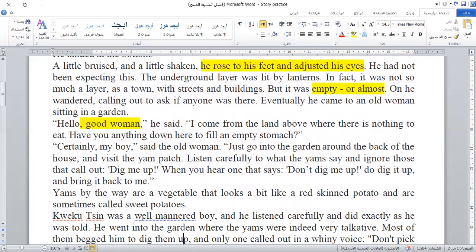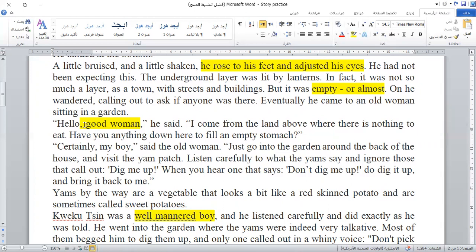Now, Kukutsin was a well-mannered boy. In literature, there are two types of clues included: direct and indirect. Now, when the narrator says Kukutsin was a well-mannered boy, he clearly, explicitly, openly tells me that he is a well-mannered boy. So this is a direct clue.